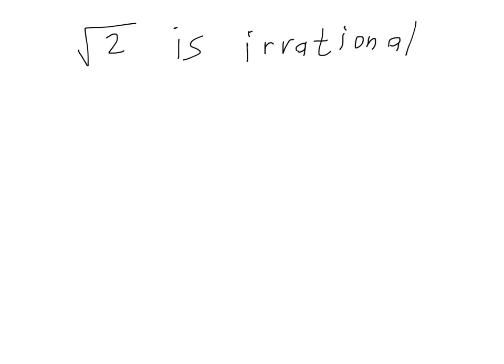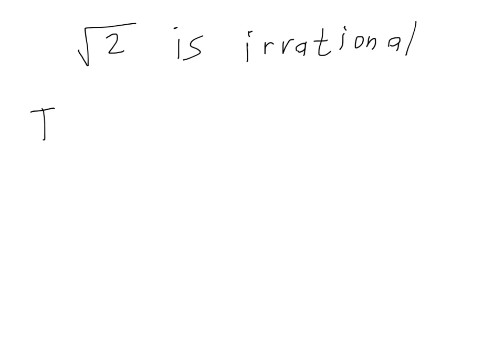Hello everybody. I want to give you an example of a statement that you can prove via contradiction. So the statement is a familiar one. The square root of 2 is irrational. If you wanted to parse this in terms of a conditional statement, something of the form if-then, we could say